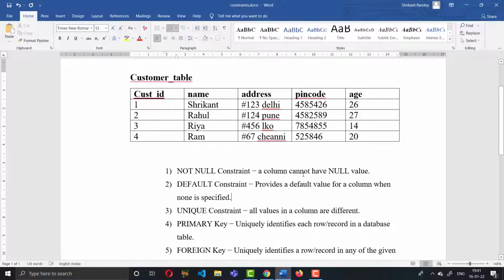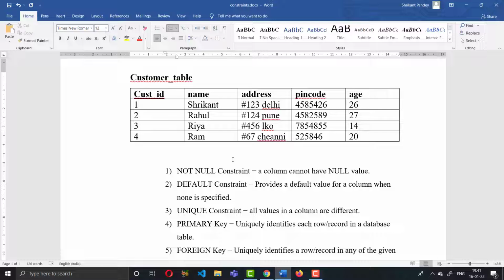A constraint is a kind of term and condition. Simply, if you write some paper, or if you go to some places, you have to follow some terms and conditions. In the same way in SQL, while you insert data, there are some constraints you can apply in your query for better inserting of data in your table.